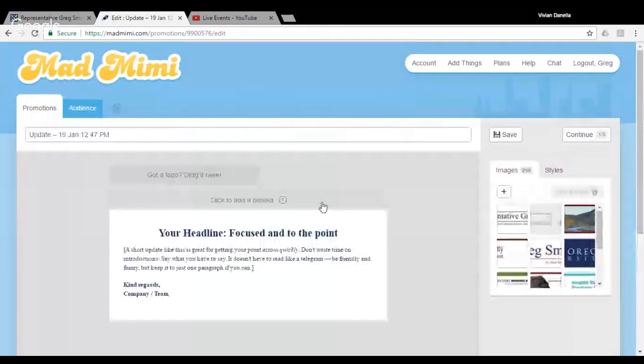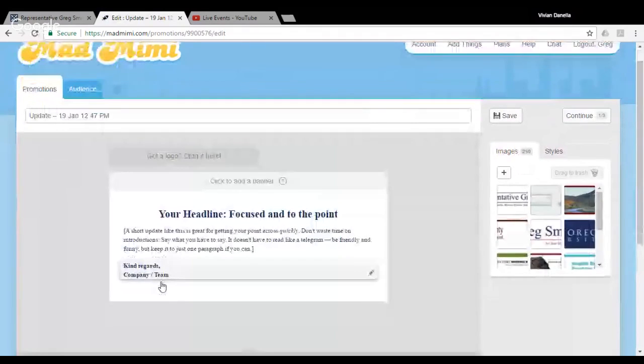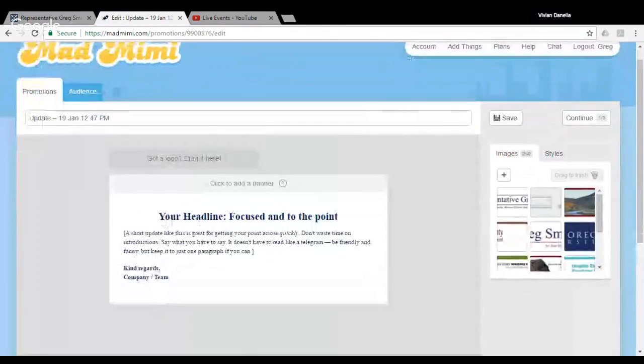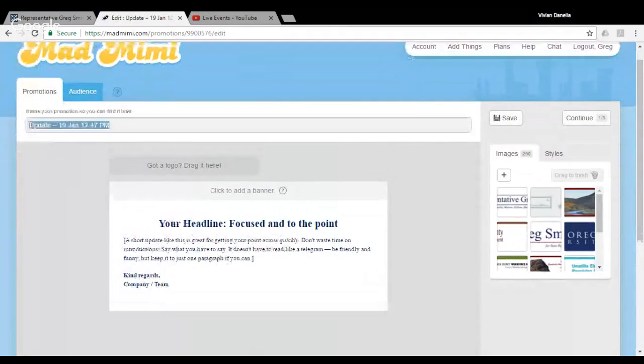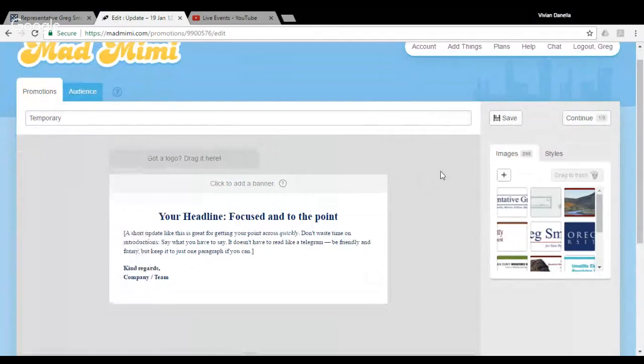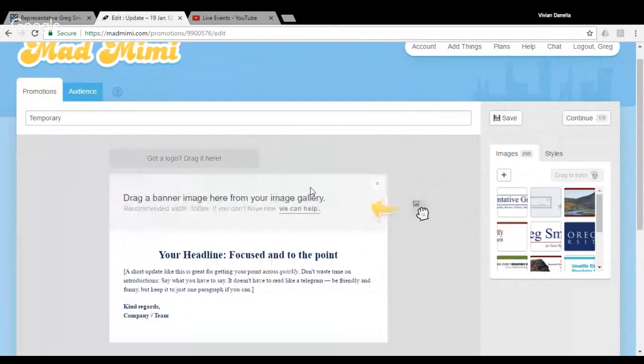Okay, perfect. So here is what building your own will look like. This little subtitle caption here is what you can name your project. So we're just going to name this temporary so I can delete it later. And the first thing we're going to do is add a banner so that we can brand